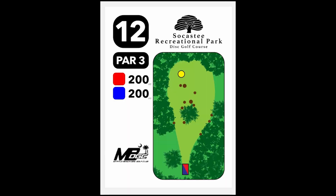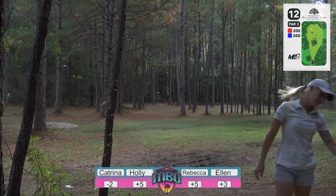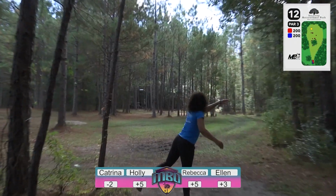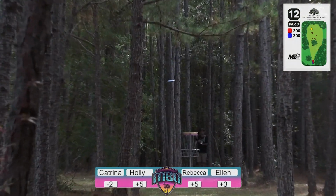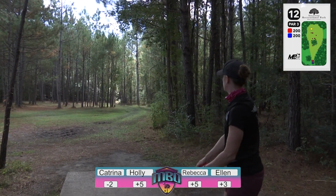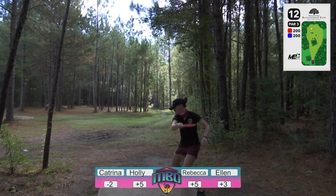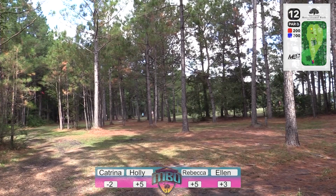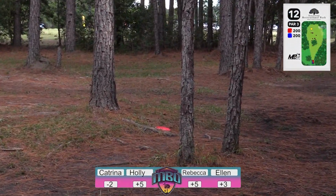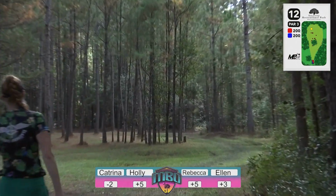Hole number 12, very short hole. It's a flat 200 feet. You've got two options on here. There is a line to the right where, once we get to the hole, you can see that a little bit of a road path kind of leads to the right a little bit. A lot of people throw a big hyzer, a sky spike hyzer above the trees, but I think the most obvious route is a gut shot mid or putter. Maybe turn something over a little bit to avoid hitting the trees directly in front of you, but it's really just your personal preference, whether you trust the big hyzer and you can get it high enough, or you trust